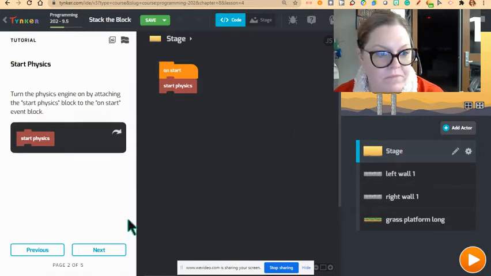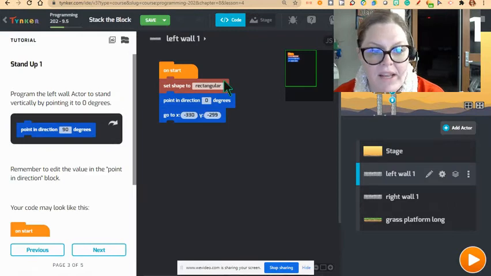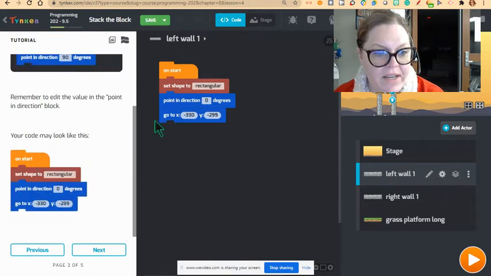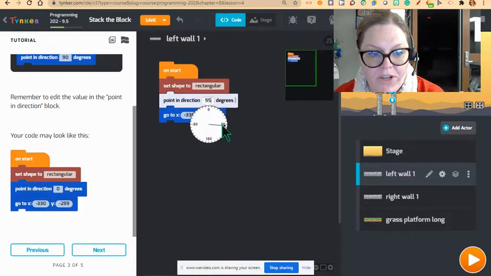Okay. Now, this is where we're setting right here. I already did it. We're setting our shape to rectangular. All right. We're pointing in the direction 0 degrees. Because I'm going to show you what happens if I don't make sure I set